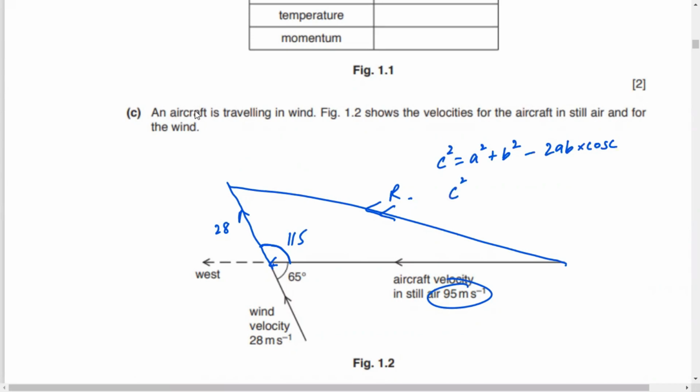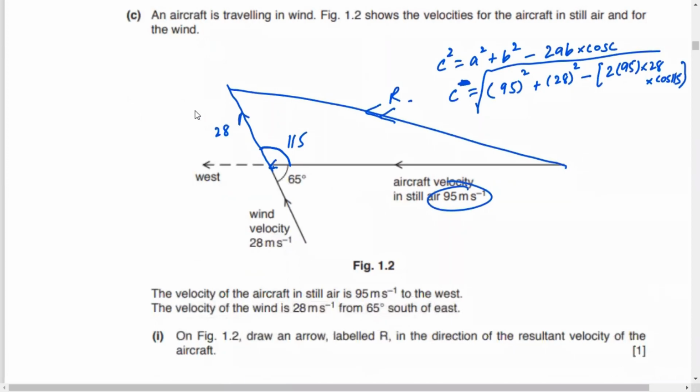This is, for example, 95 square plus 28 square minus 2 into 95 into 28 times cosine of 115. You'll take the under root afterwards because you have to eliminate the square on c. And the answer for this is 109.8, which is approximately equal to 110, because आपके पास यहाँ पे जो है